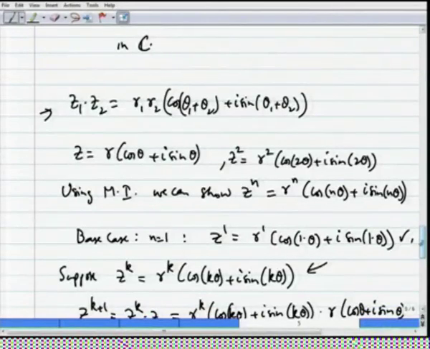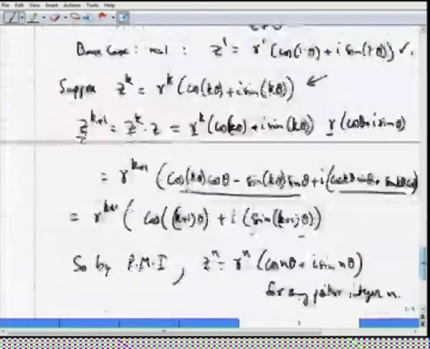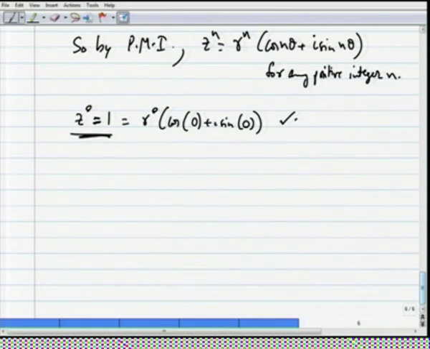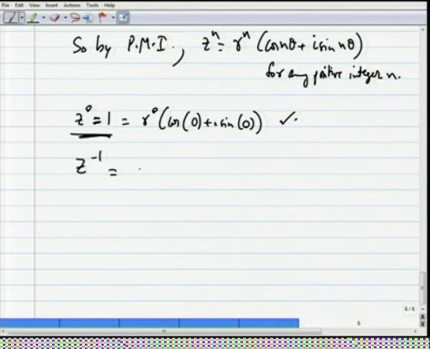By the way, of course, we need that z is not 0, otherwise we do not have the argument or an argument for z defined. So, all this is true only in the case of z not equal to 0. Likewise, we do not define 0^0, it is undefined, and z^(-1) is indeed 1 by z, which is 1 by r times cosine θ plus i sin θ,